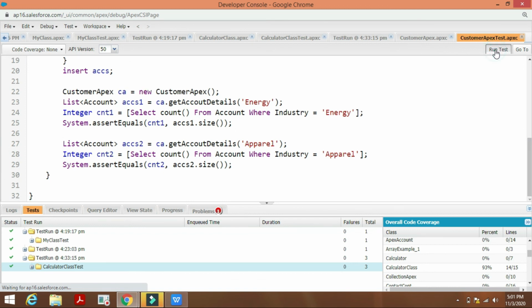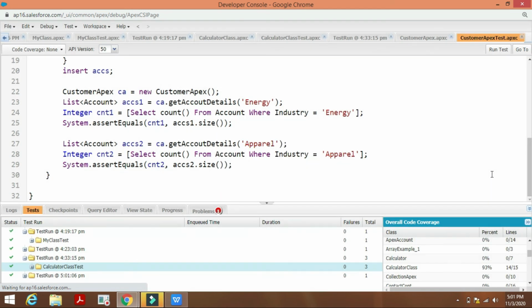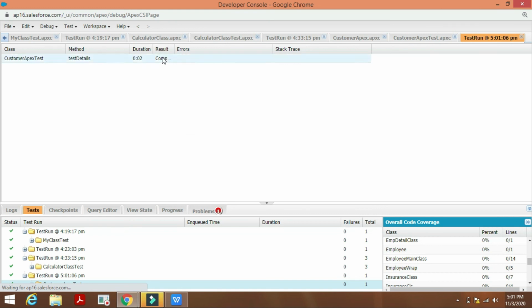So let's run the test. If you observe here, we have got the result as completed, and there are no errors in this CustomerApex.